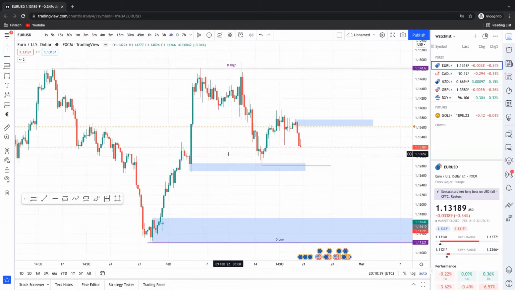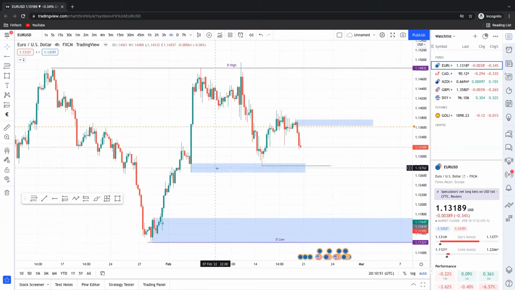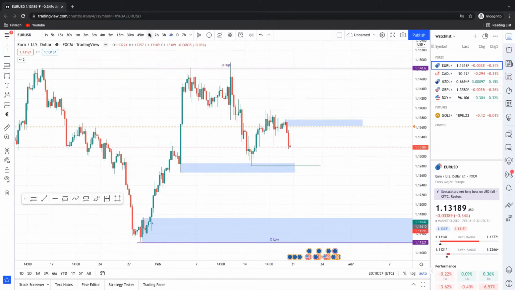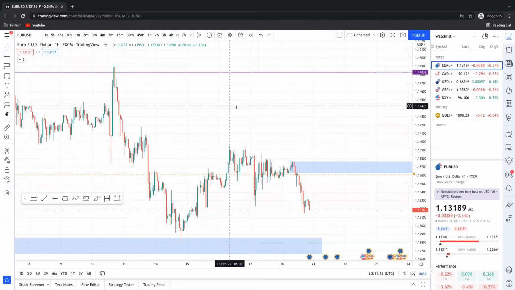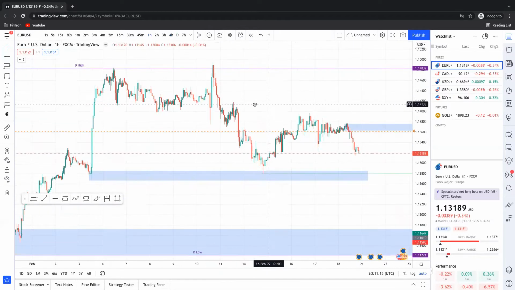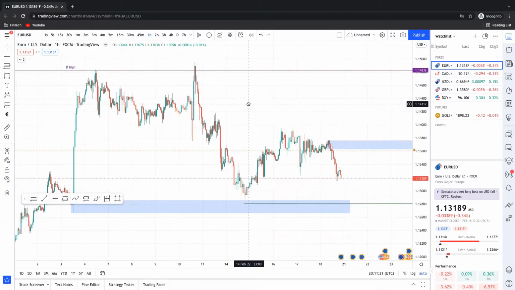Now if this reaction fails, tomorrow or maybe in the next couple of days, we're going to break this one. We're probably not going to respect this point of interest and we're going to fall down. So any scalp you take to the short will be justified, because we started this move from here, which shows unwillingness to go higher. From the intraday perspective we are short, and from the daily perspective as well we are short. So it's a good confluence to get started on the short.